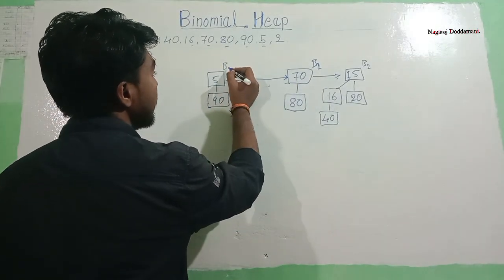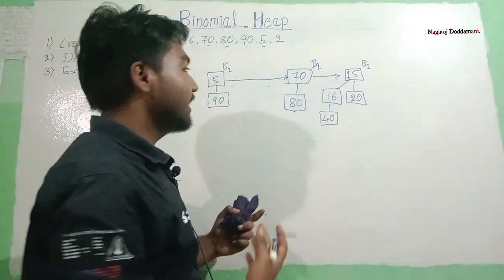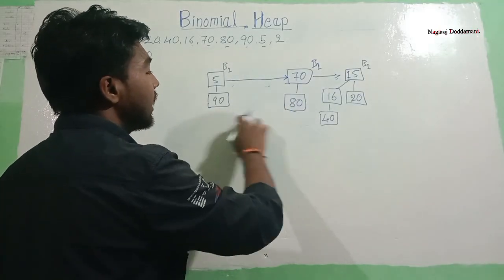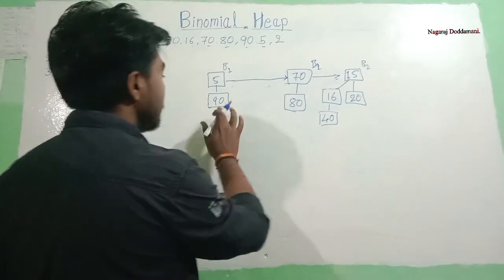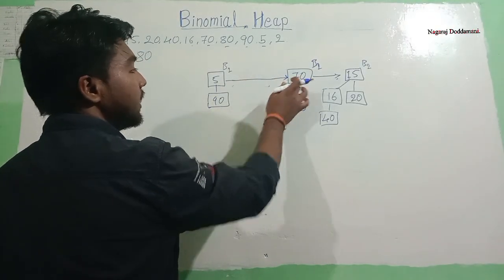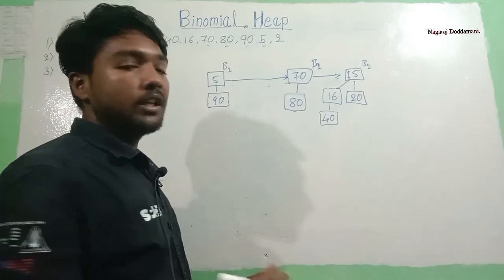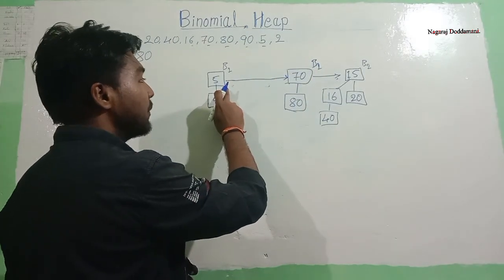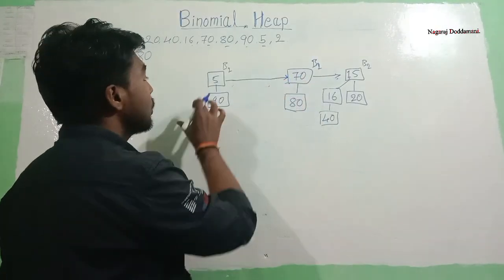For this tree we have order 1. So again we need to check whether any tree has the same order or not. In this case we have two trees with the same order, which is B1. So this is also B1, this is also B1. Again we need to check which parent node has the minimum value. In this case the 5 has the minimum value, so we need to make this entire tree its